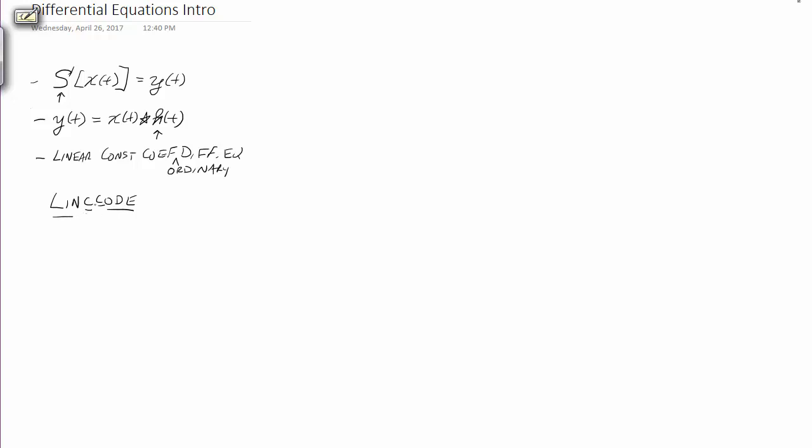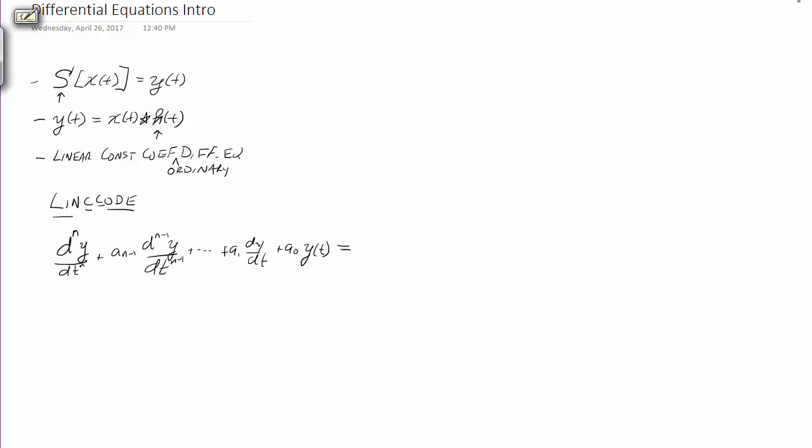So this is the idea that for an LTI system, the output and its derivatives will be a linear function of the input and its derivatives. So how does that look? You can think about the most general linear constant coefficient ODE as being the nth derivative of the output plus scaled versions of all the lower derivatives, all the way down to, say, a1 times the first derivative and a naught times the 0th derivative,